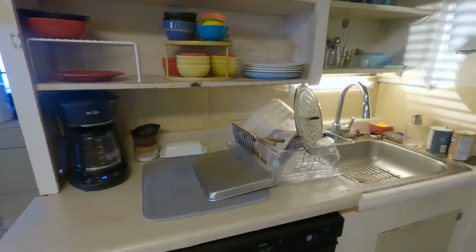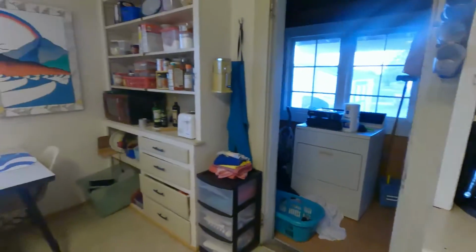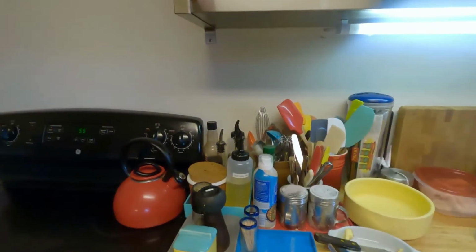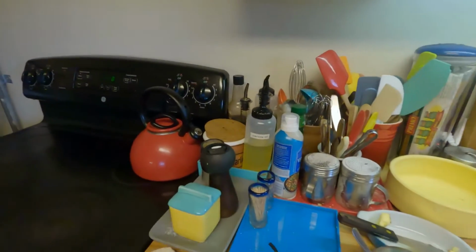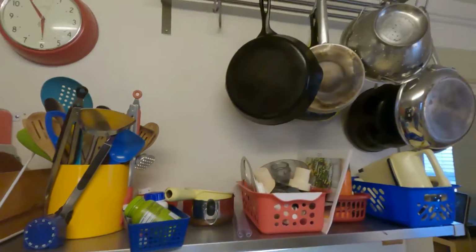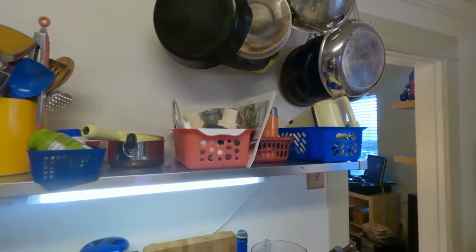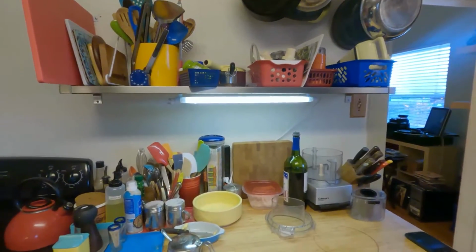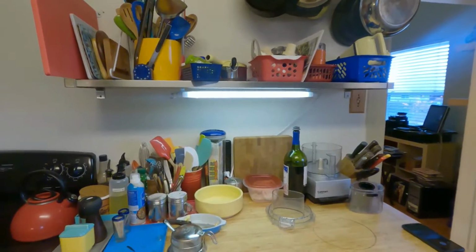And yes, I do have some things in my drain basket. They were just freshly washed. And over here, you notice I have stuff laid out in crocks or on trays, and stuff up here and on shelves and the pot rack and things in bins. It's called organization. This video is going to be fairly quick because of something I'm working on,